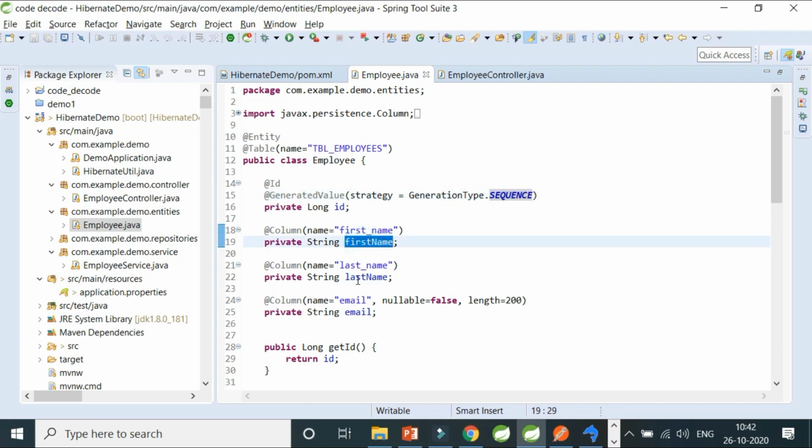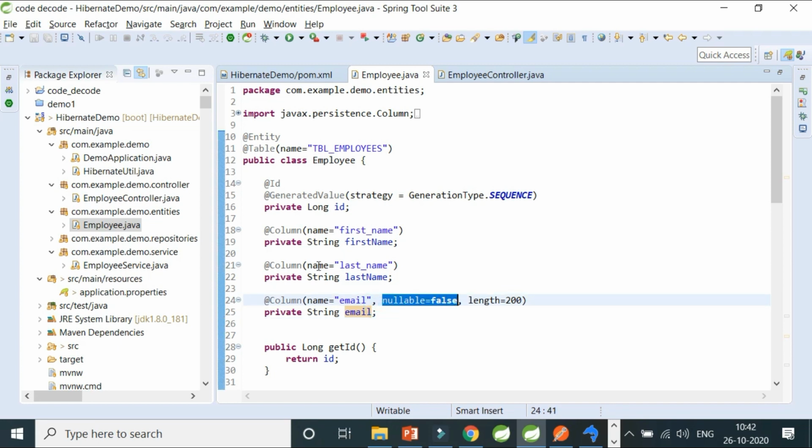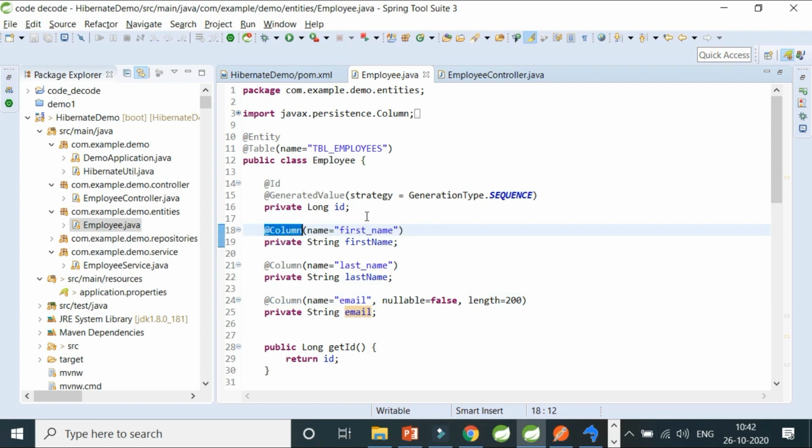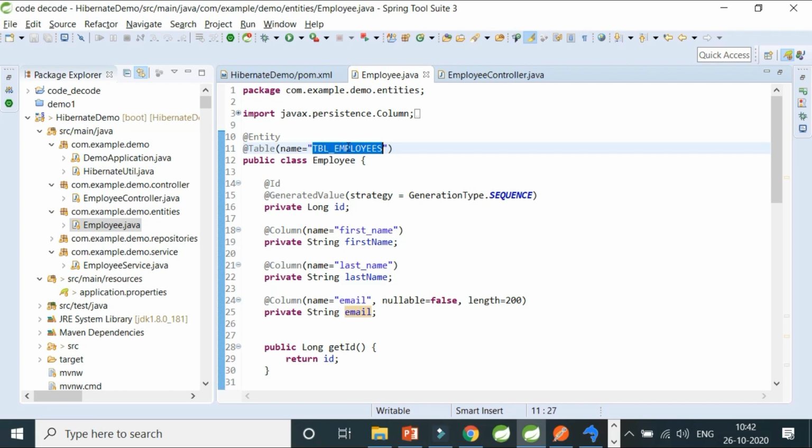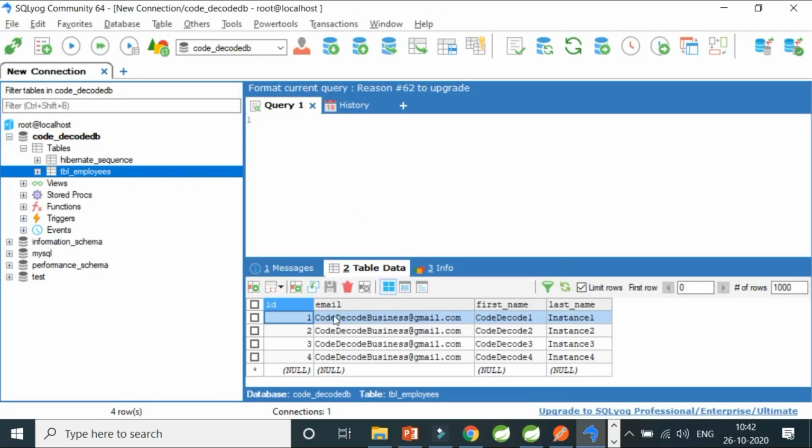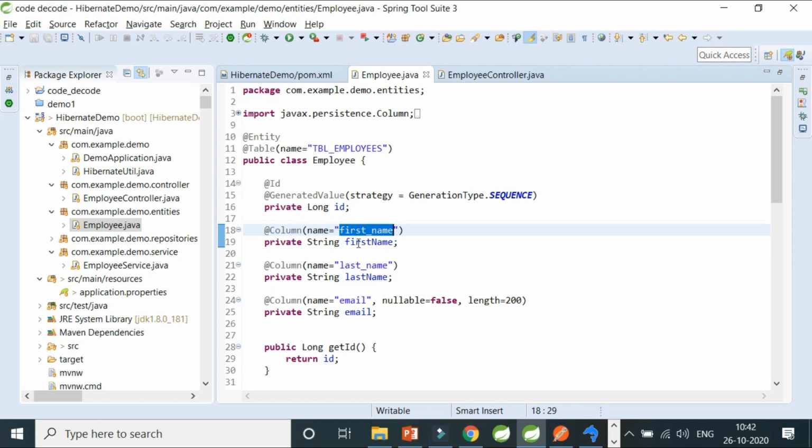Now the next thing is the first name, the last name, and the email. I've made sure that you should not make the email nullable, because I want you to have this condition that please provide your email ID. It's a mandatory thing, so nullable is false for this. This is just a way to explain how you can put some restrictions on your columns in the POJO itself. Now @Column is nothing but the way in which I want my columns of the table to be created. So the table name will be created with this, but the column will be created as this. If you can see, first_name rather than the camel casing firstName, and last_name as this. So I hope I'm able to make you understand how the entity works.